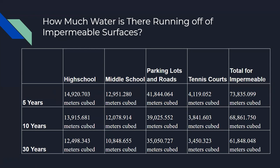And with the average rainfall for the past 10 years, we saw 68,861.75 cubic meters of water. And in the average rainfall of the past 30 years, we saw 61,848 cubic meters. Now, the average rainfall of the past 5 years was a little high